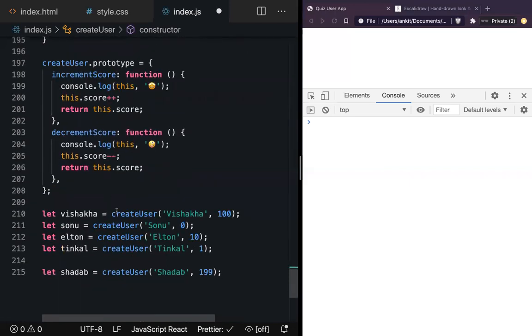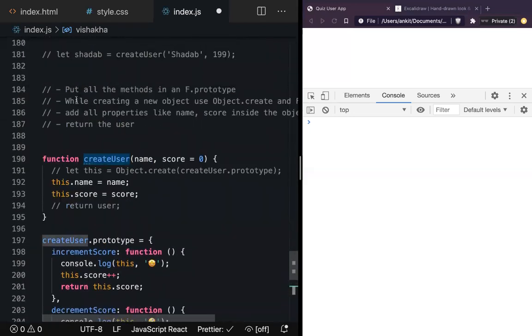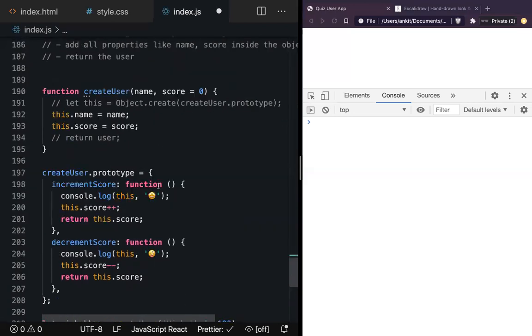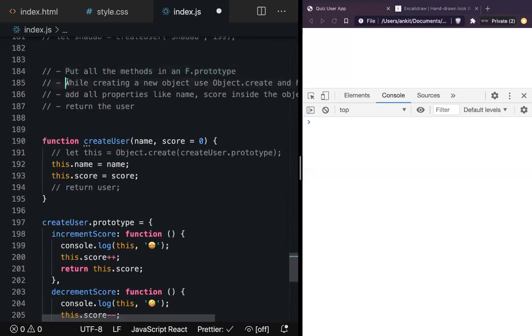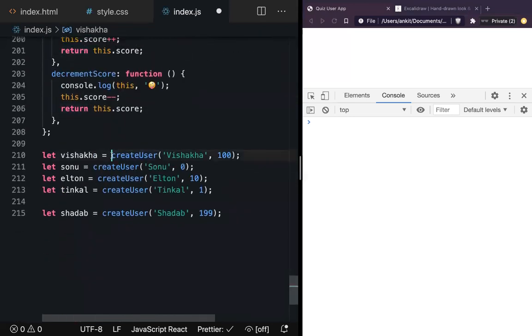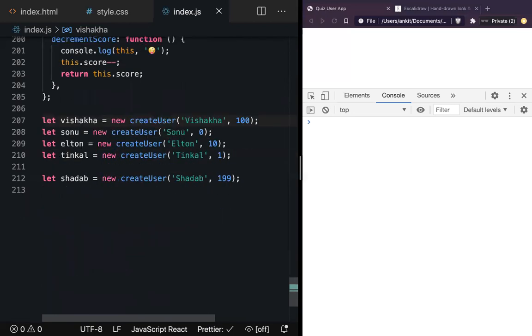Don't worry, just give me a second. Now, think about what we are not doing. We are putting the method here. Now we are creating the new object using object.create. We don't have to do that because we are automating that. We are not returning anything because we are automating that. And how can we automate it? We'll just go in front of each user and add a 3-letter word, and that is new. Enter. We'll understand it, but let's first see the output.